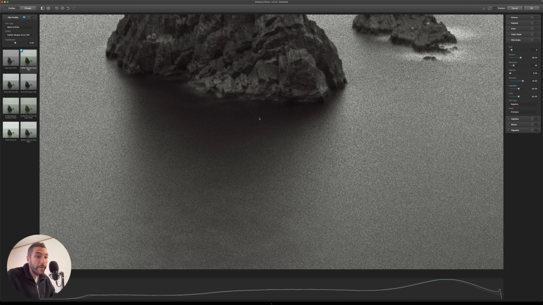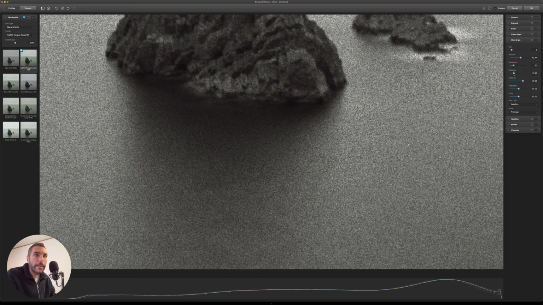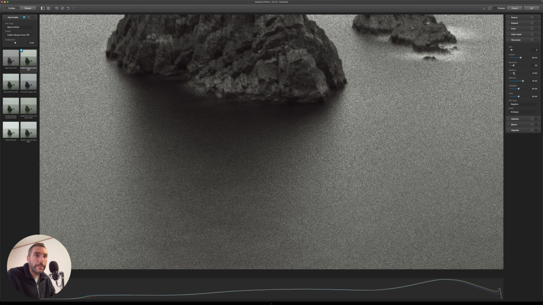It's difficult to emulate, and it's something that is really film-like, because film works like that. Some types of film have less grain in the shadows, some other types have more grain in the shadows. So it's really, really nice to be able to edit the different parts of the image. In this case, I don't mind a little bit of grain in the shadows.